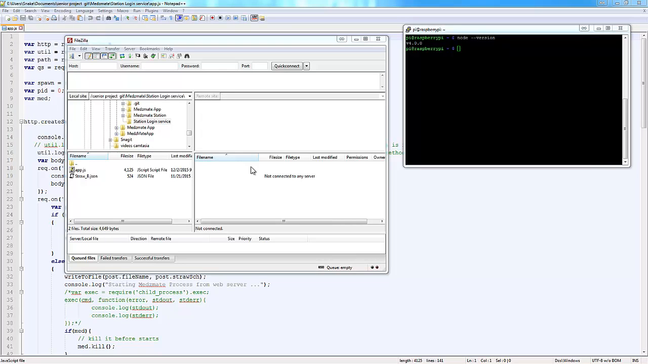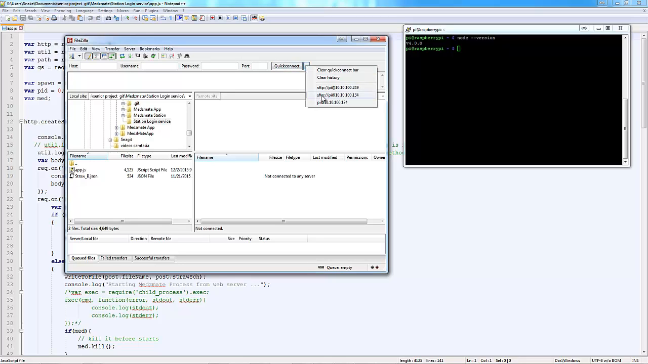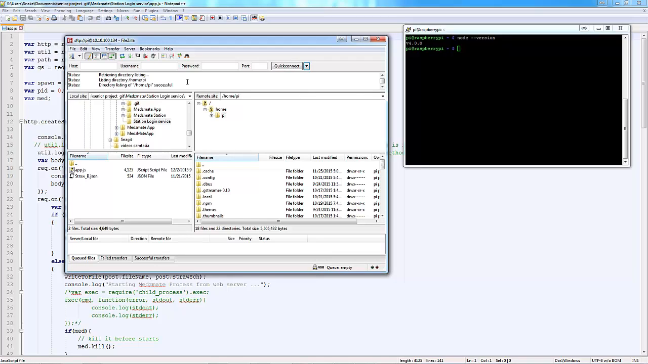Now that we have Node.js installed in the Raspberry Pi, let's go ahead and copy the service file into the Pi. To do that, we need an FTP client. In my case, I'm using FileZilla, but you can use the one of your choice. So, I'm gonna connect to the FTP using the IP address of the Raspberry Pi. As you can see, I'm now inside the Pi, and in there